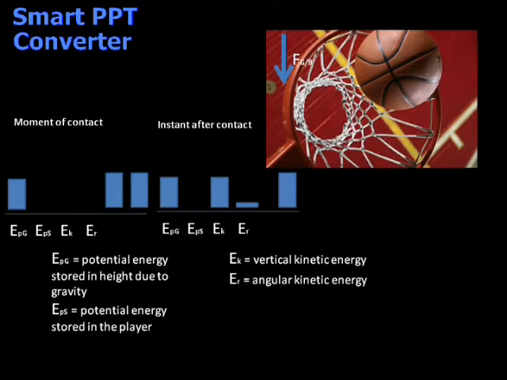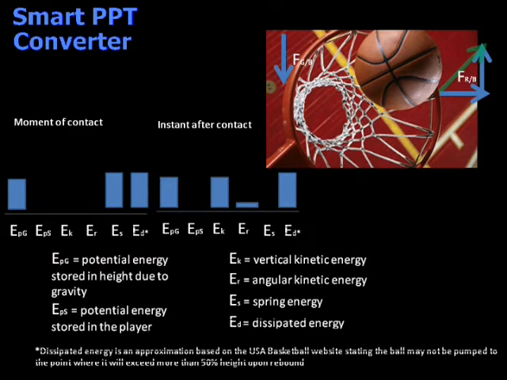If the ball doesn't go directly through the net, it may make contact with the rim and or backboard. In this example, the rim exhibits an equal and opposite force according to the component of force of the ball hitting the rim. The ball compresses at the instant it hits the rim, transferring some of the energy into the ball's spring action, which is then translated back into kinetic energy that results in the ball rebounding in a more complex trajectory. Each time the ball comes in contact with an object, some of the energy may be absorbed and dissipated in the form of sound and the erosion of the basketball's material. For example,